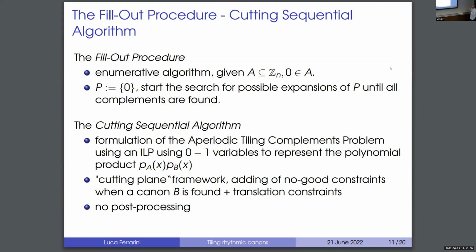So these are methods that are well known in the literature. The first one is the fill-out procedure, which is an enumerative algorithm that sets the set P0, and we can add one by one a possible complement of A. The other one is called the cutting sequential algorithm, which is an integer linear programming model using